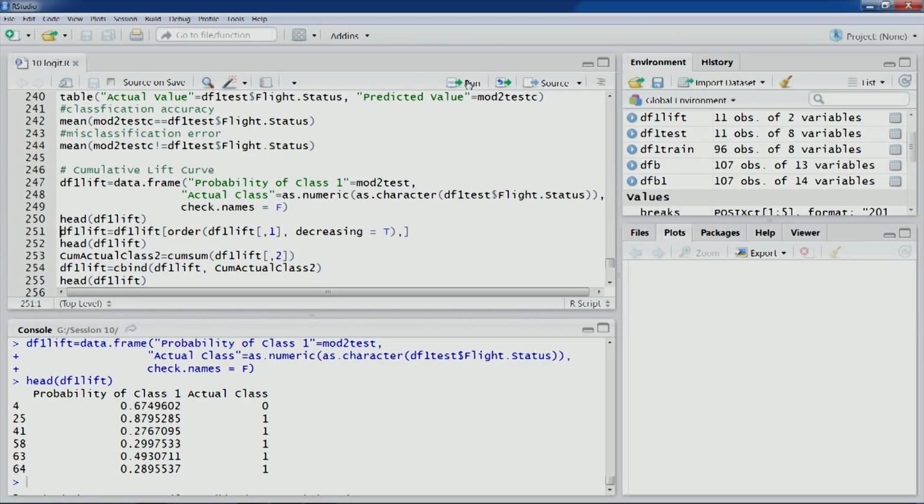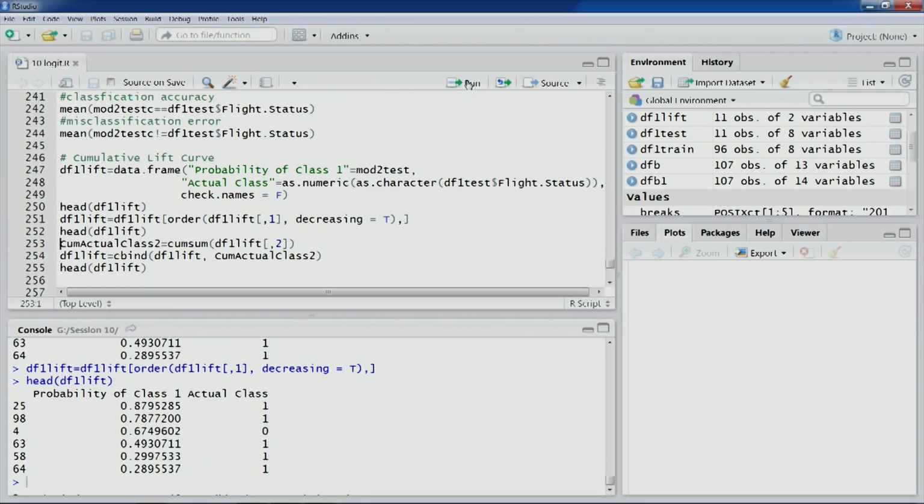We have a total of 11 observations only, and once this is done, we would like to sort this data frame by the probabilities values in decreasing order. The code is written there. Let's look at the sorted values. So these are the sorted values. The data frame has been sorted with respect to the probabilities values, in descending order. And now we will compute the cumulative class,